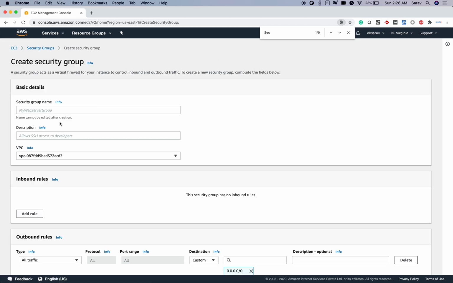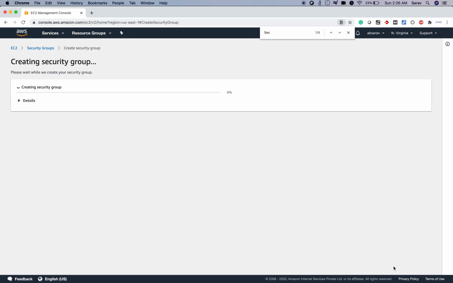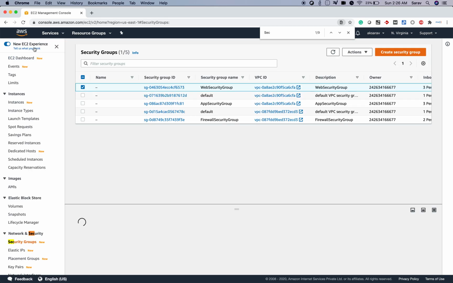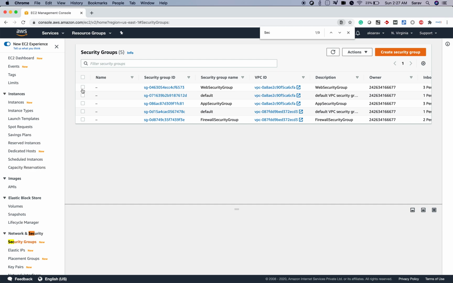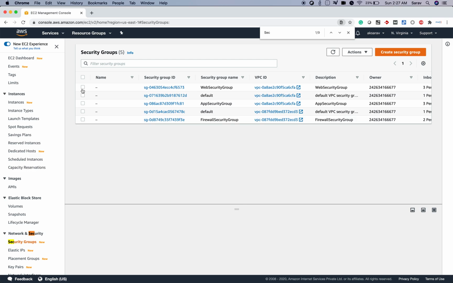I'm creating a new security group named the same as one already present in this VPC. In some cases you can create security groups with similar names, so in order to differentiate them, what I have done while creating the directory is add a couple of digits of the security group ID, so that there is no confusion.